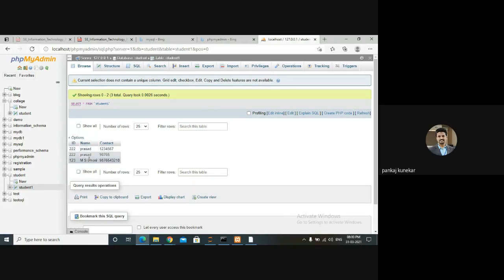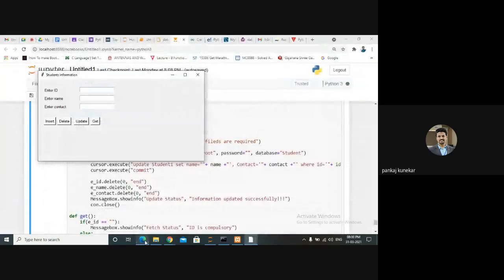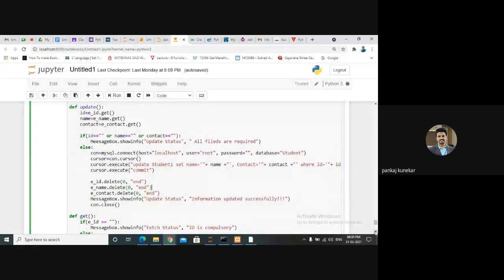So this is the updation we can do without tampering your table. No new data is added. This is not an insert. This is updation. Your previous data is updated according to your ID. So you should have a unique ID for that. You should take care of this whenever you create a different application for your mini project.